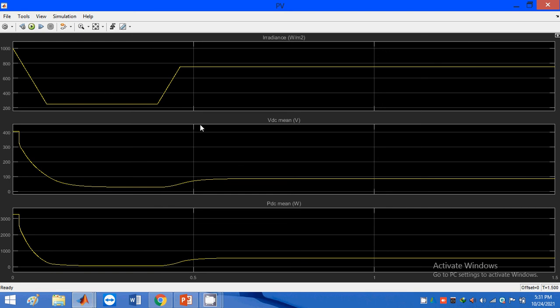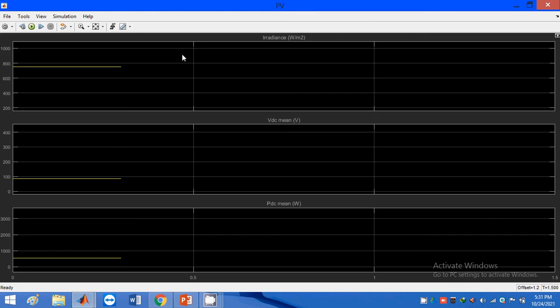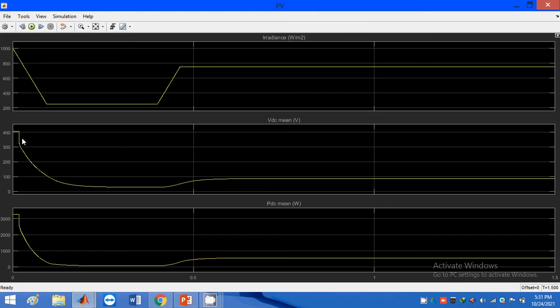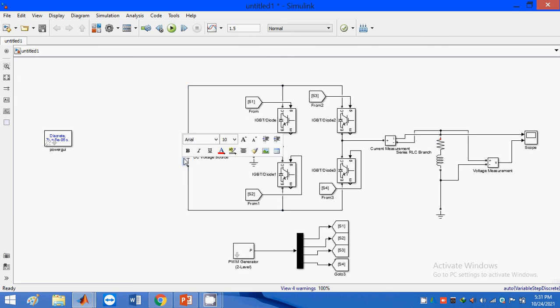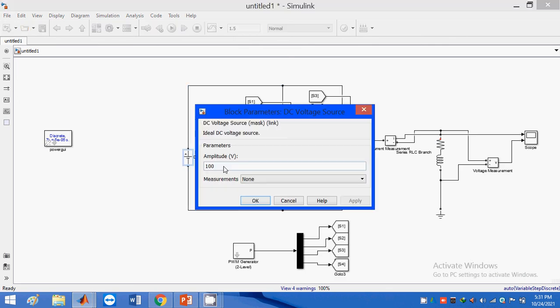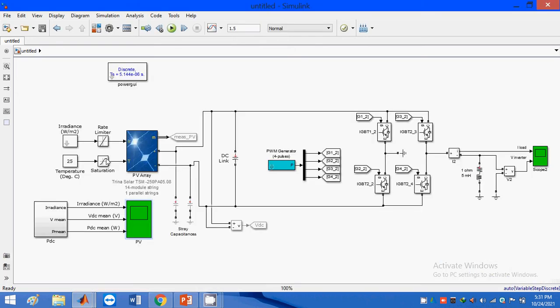This is the VDC terminal, that means the voltage at the output terminal of the solar panel will be like this. The VDC will be 100. In the earlier diagram also I had a DC input, 100 volts. In the similar way I am just changing to the solar panel, and at the output of the solar panel I am getting 100 volts DC.